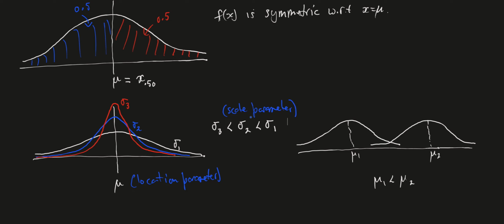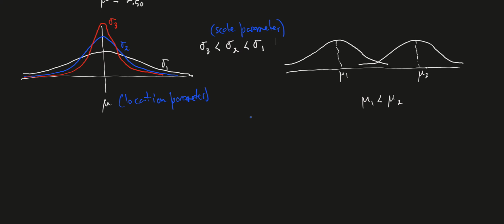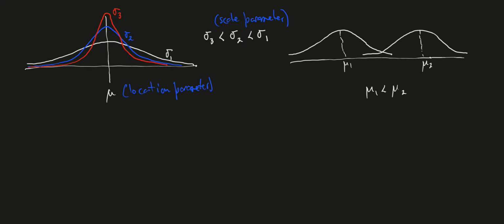Right, so that's basically just graphically some of the properties of our Gaussian distribution. Now, what about the